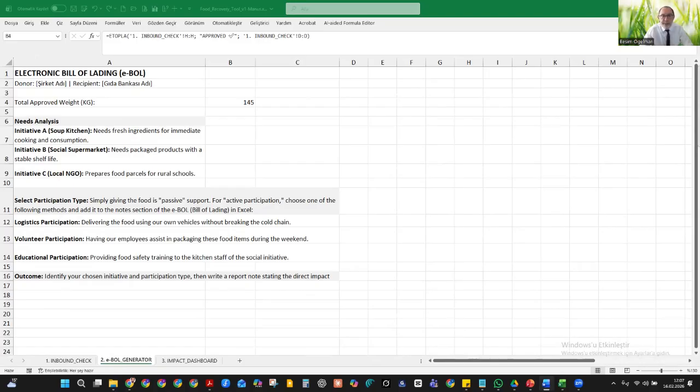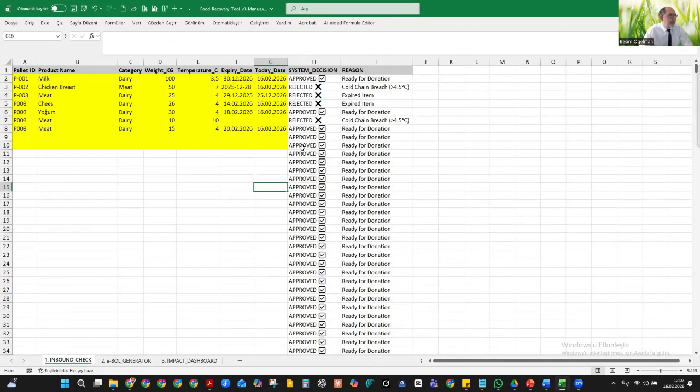Up to this point, we have filtered data through our digital tool, conducted technical analysis, and identified safe foods that passed the food safety screening. However, the recovery process doesn't end when a cell in an Excel sheet turns green, as here.